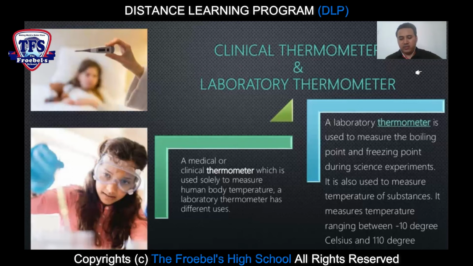And now, the narrow constriction is found in the tube to ensure the maximum temperature of the body is recorded. When the temperature rises, the mercury in the bulb expands and forces its way past the constriction. When the thermometer is taken from the patient's mouth, the constriction prevents the contracting mercury from flowing back into the bulb.